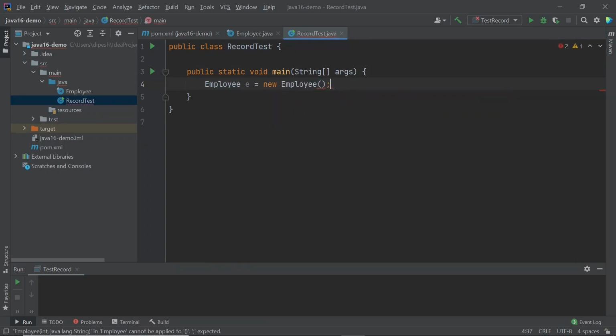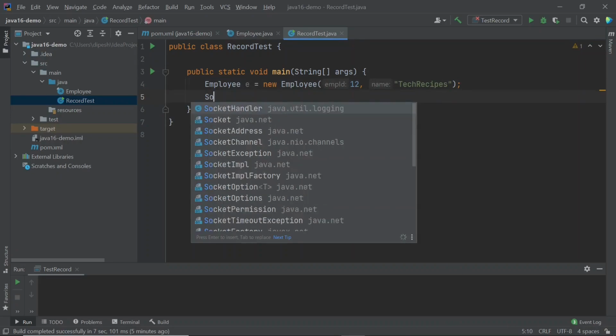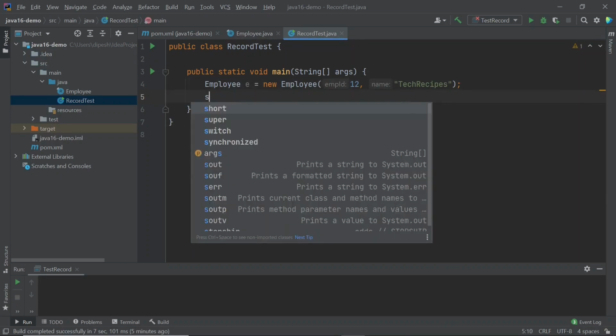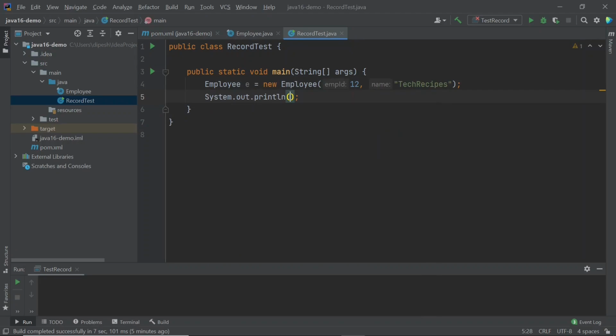As we discussed, it creates a canonical constructor which takes those two arguments. So we will need to pass an employee ID here and an employee name, say TechCP. Let's try to see the output of toString.